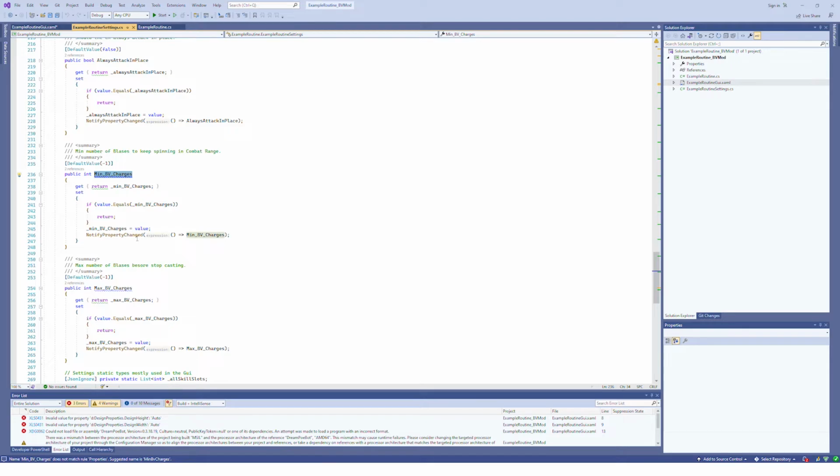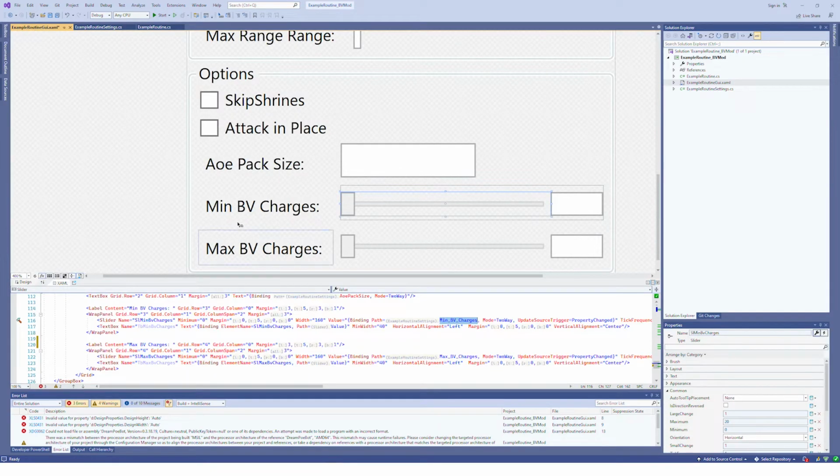And notify property changed will broadcast a message telling all the WPF interface that this value has changed and has to be rechecked. And so the interface will automatically update. The text box we have simply has a text property that is bound to an element name, and the element name we bound it to is the name of the slider, and we set the path, that means the value that we want to use, to the value of this element,